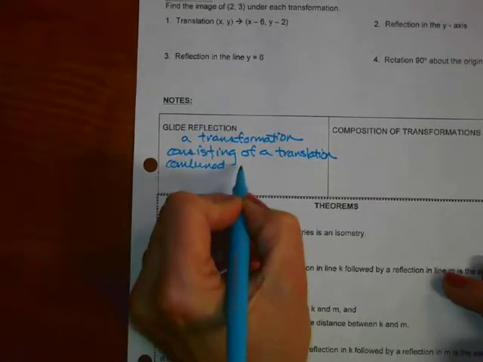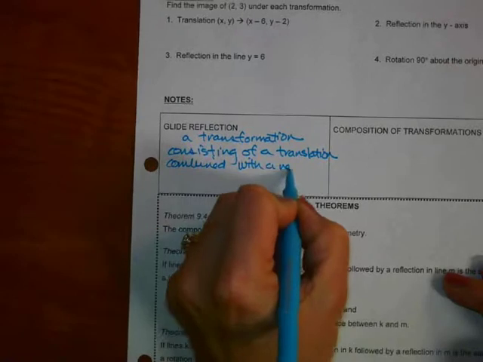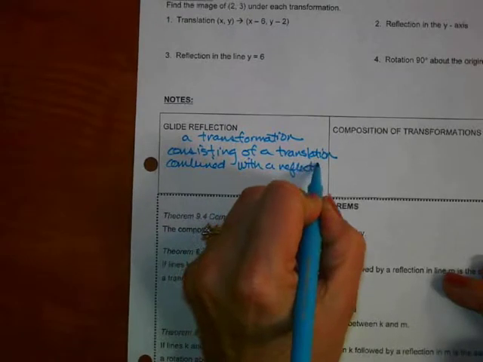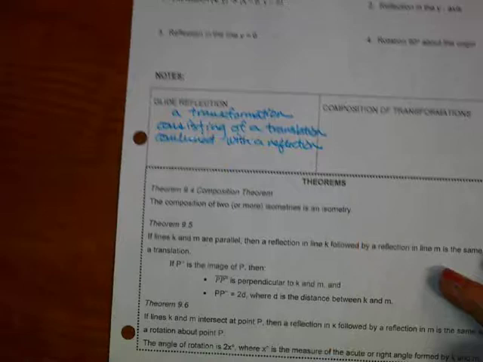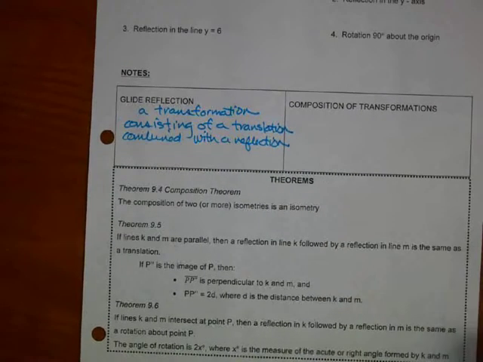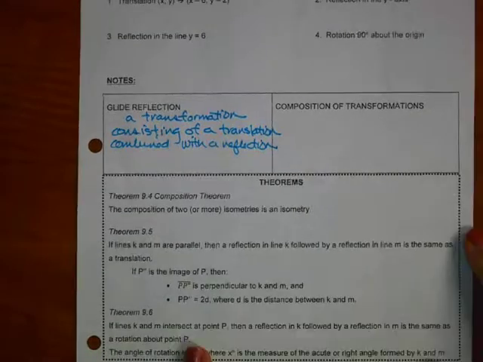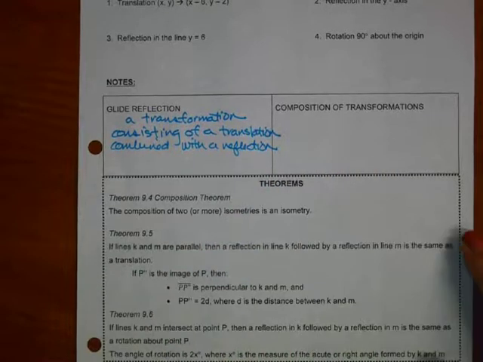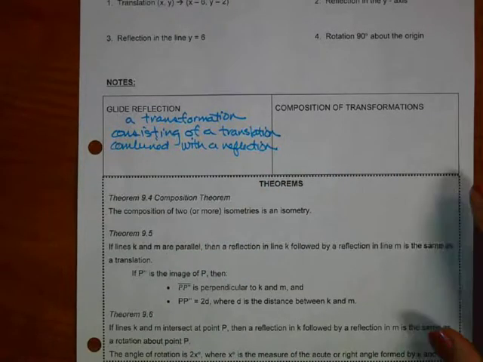So we already defined what a composition of transformations is. It's just when you have 2 or more transformations combined to form